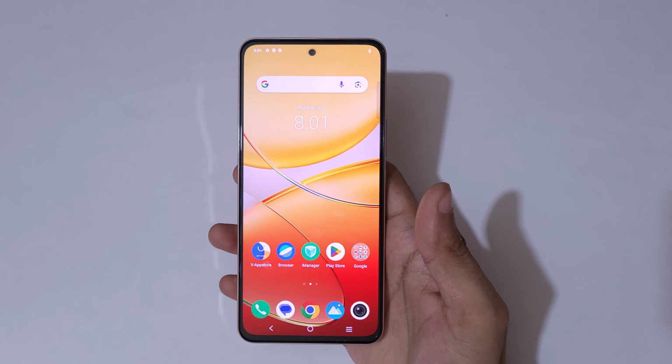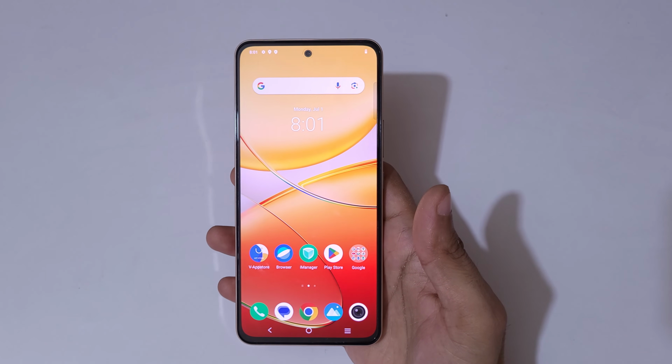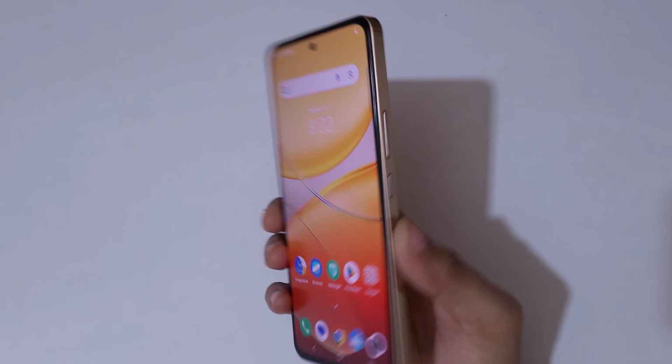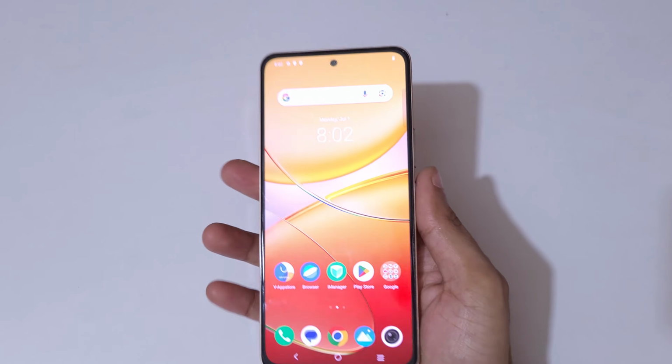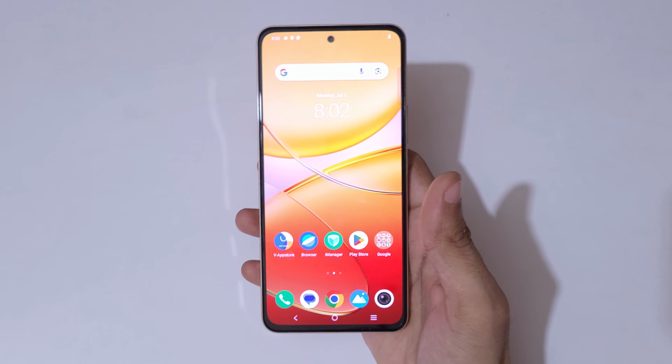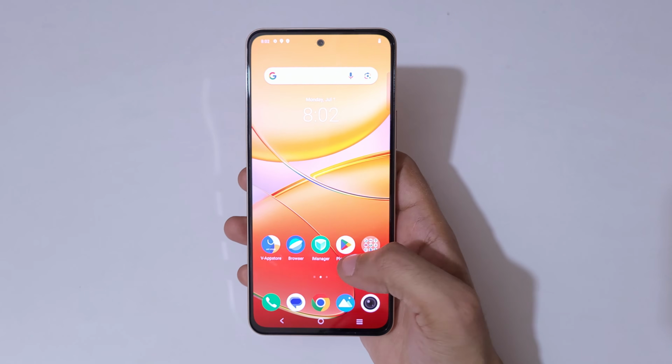Hey guys, welcome to my channel, and in this video I'm going to show you how to factory reset a Vivo phone. So here I have a Vivo Y200e 5G in my hand, and in this video I'm going to show you how to factory reset a Vivo phone. Okay, to do a factory reset,